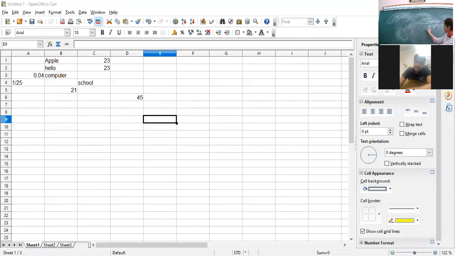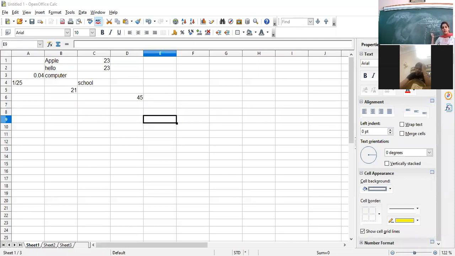Clear? So in this case, 3 types of referencing are there: relative, absolute, mixed. These are the 3 references. Now, what's the difference between these 3?